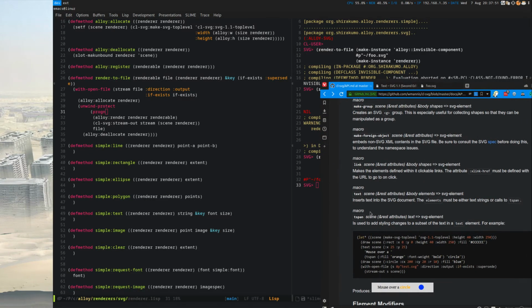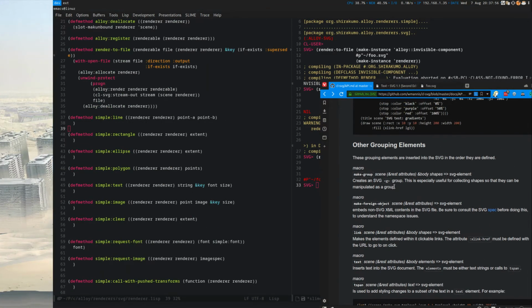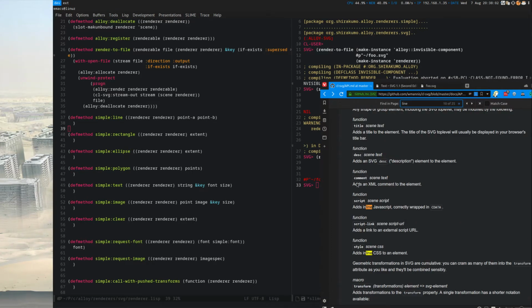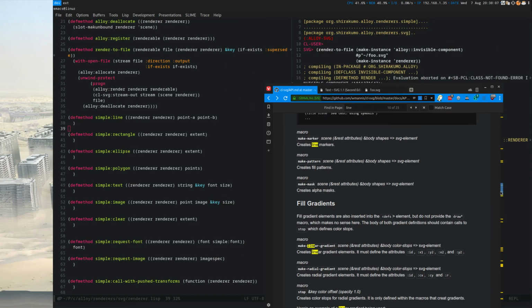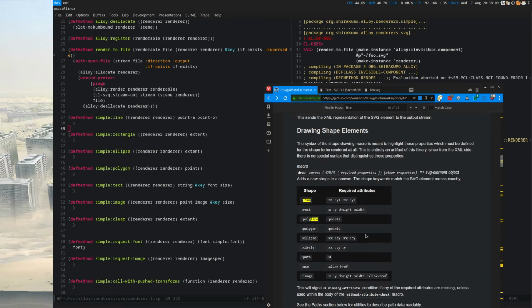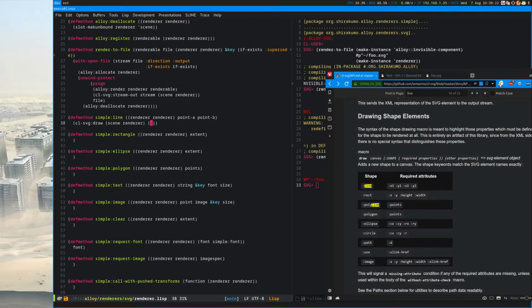Okay, time to draw things. Line. Line. No, not JavaScript. Please, no. Don't want JavaScript. ZL SVG. Draw. Scene. And then shape this line. X1 is gonna be